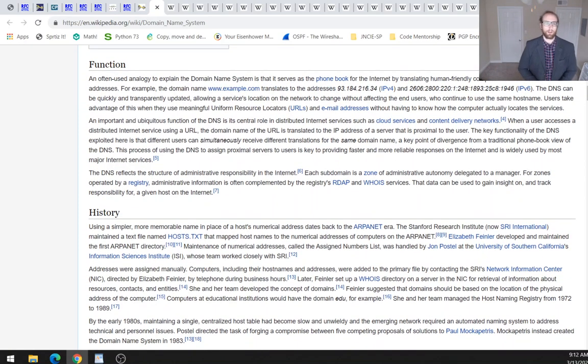An important and ubiquitous function of the DNS is its central role in distributed internet services such as cloud services and content delivery networks. When a user accesses a distributed internet service using a URL, the domain name of the URL is translated to the IP address of a server that is proximal